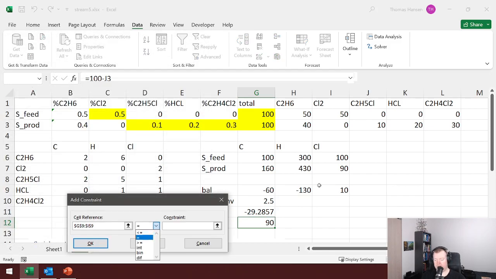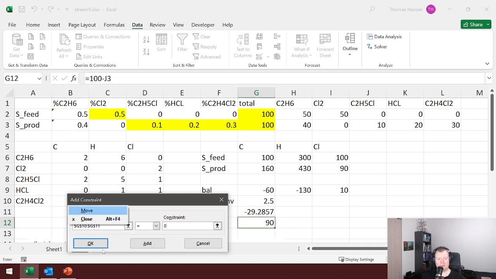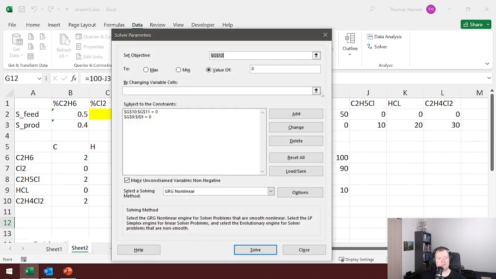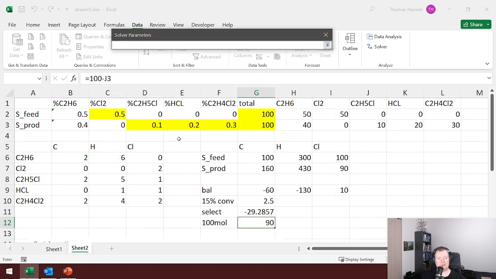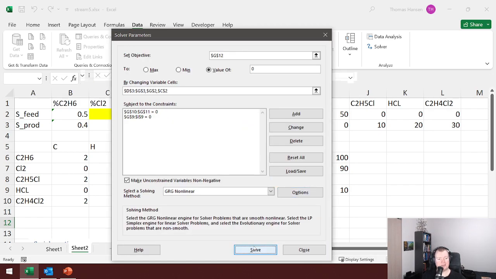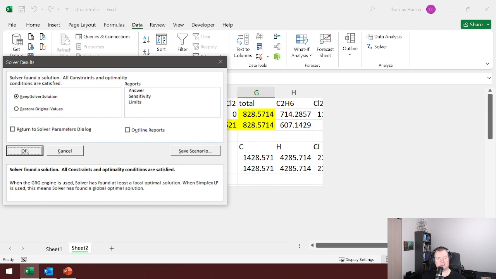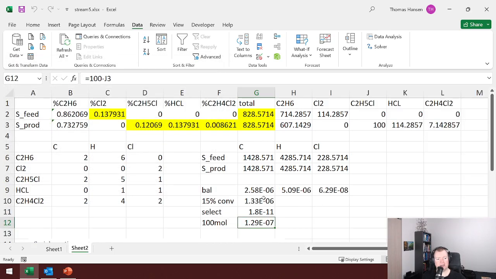Those 3 have to be 0. Those 2 have to be 0. And finally, select all of my variables. I have those, that one and that one. Let's see. Excel says it found a solution. Did it find a solution? All of it trends towards 0. I'm getting no chlorine out. I'm getting 100 moles of what I desire. So now we have an answer to all of